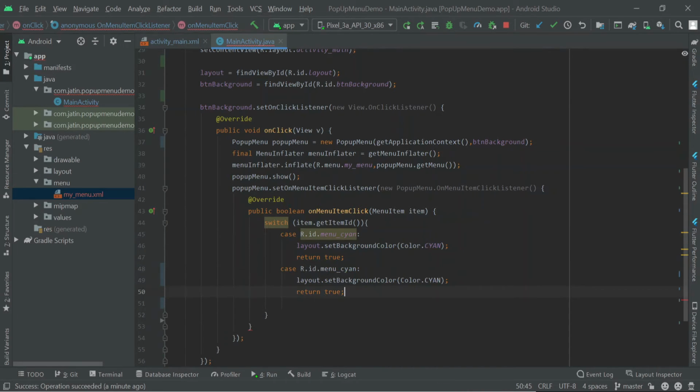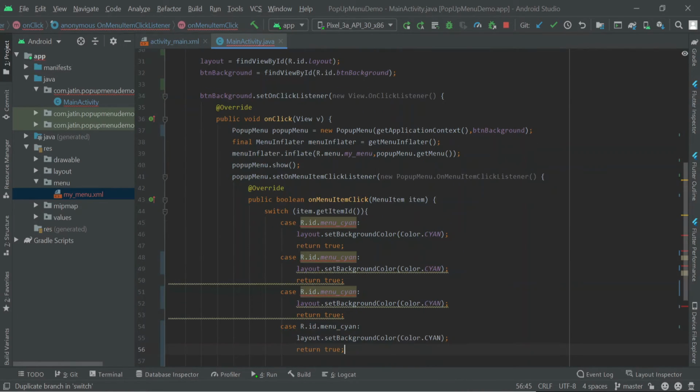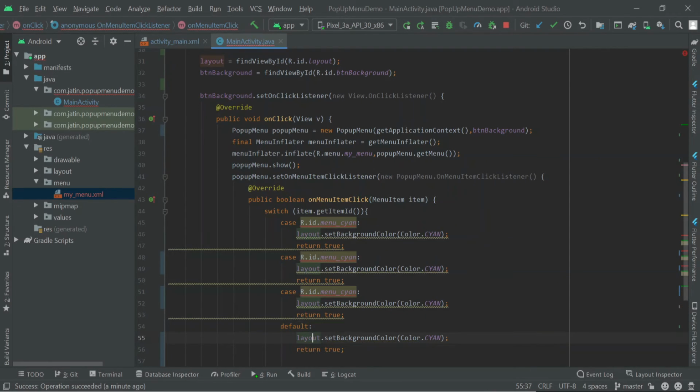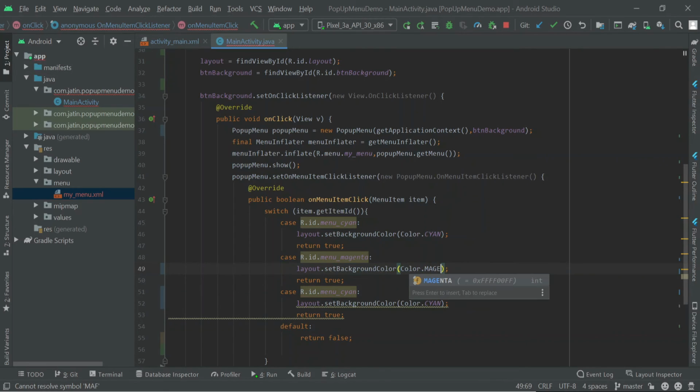Same way you can add other cases. Copy this, use it again, and the last one is for default. For the default case, you don't need to do anything, just return false. I just quickly change this to cyan, and then there is magenta, and change the color to magenta as well.